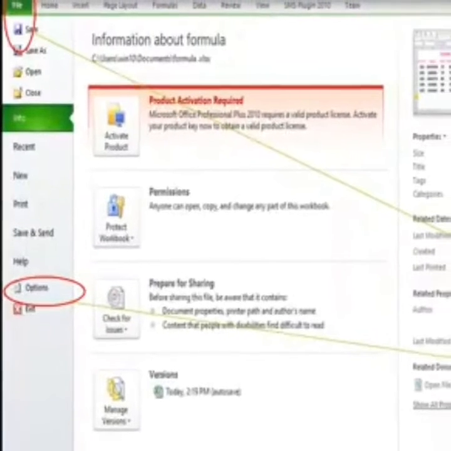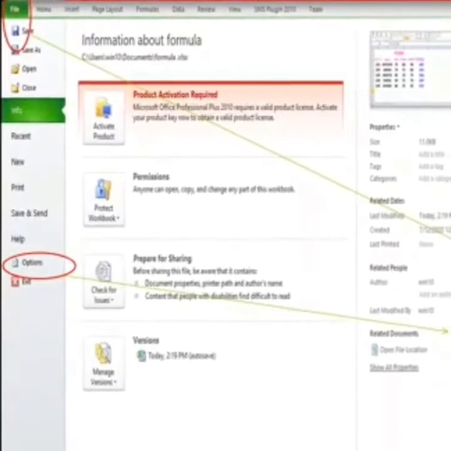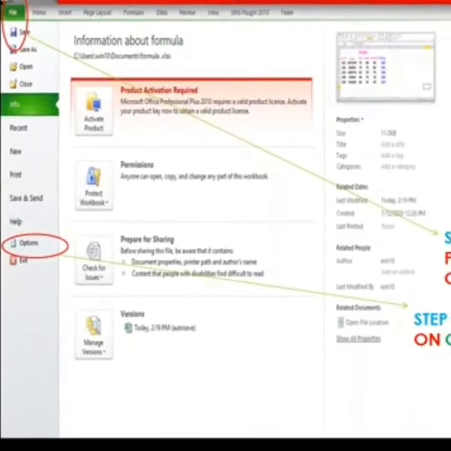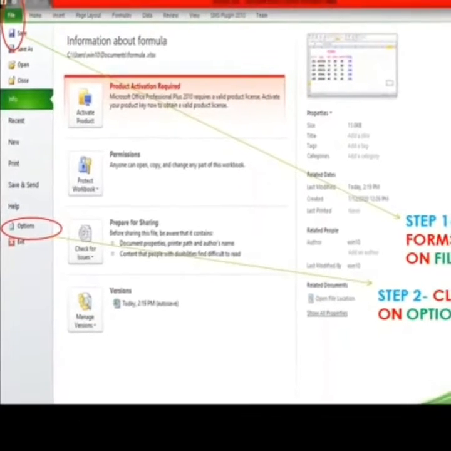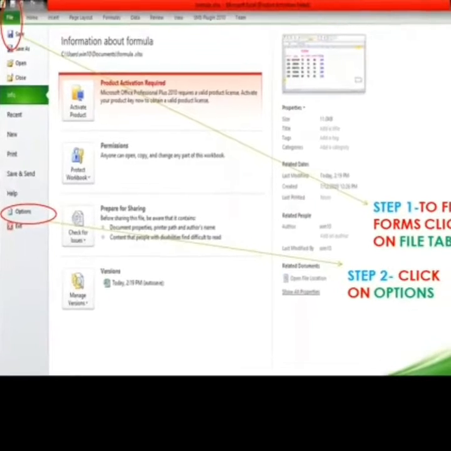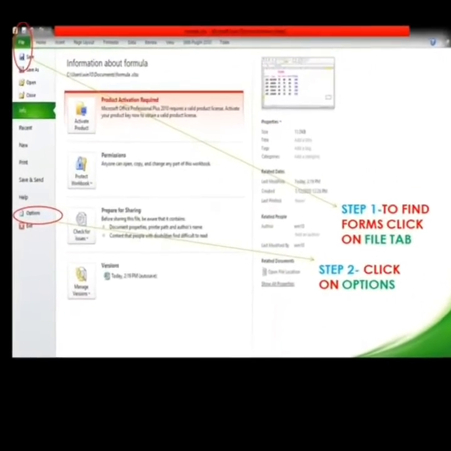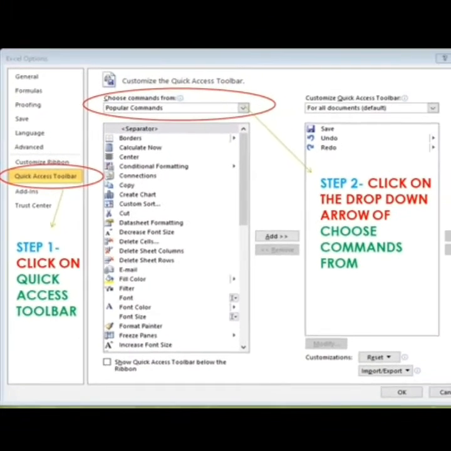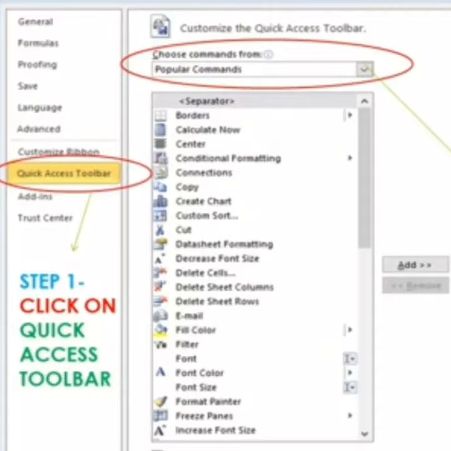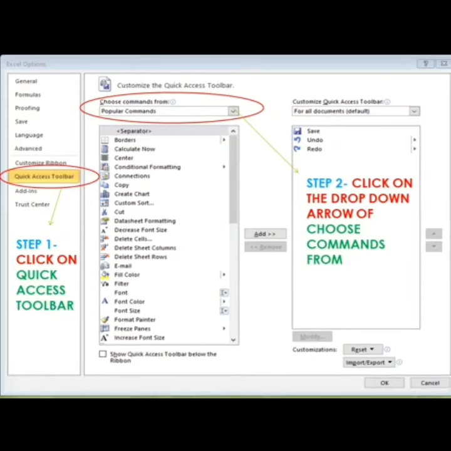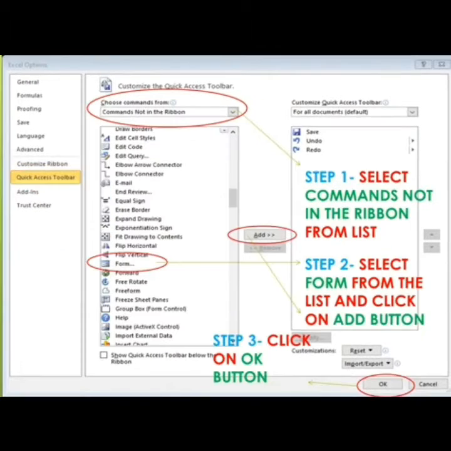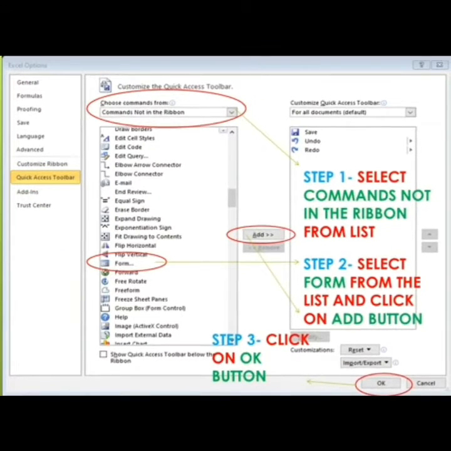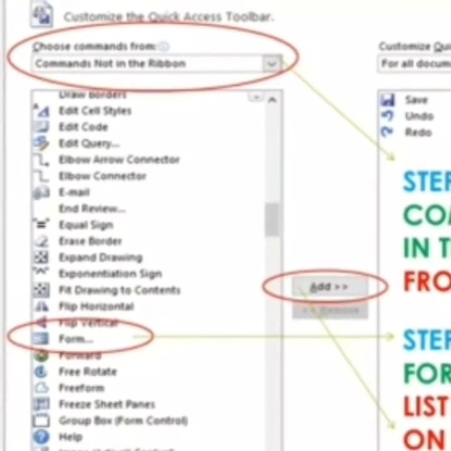To activate the form, click on the File tab and then select Options. Click on Quick Access Toolbar and then choose Commands from. Here from the drop down button, you have to select Commands not in the ribbon and then select the Form option.